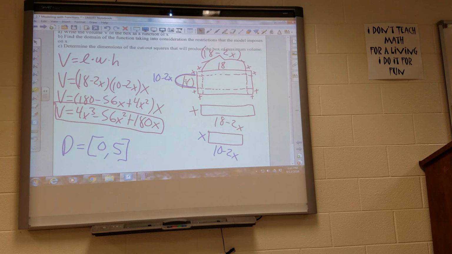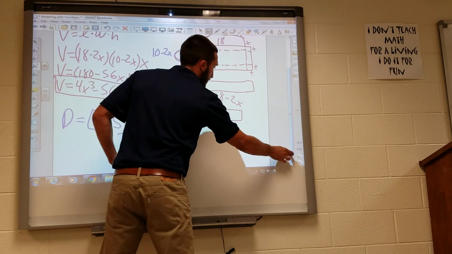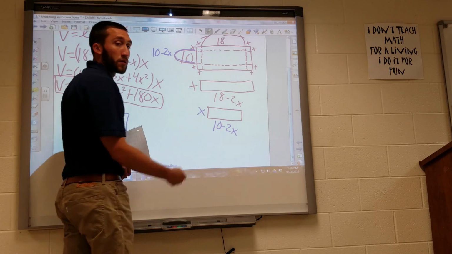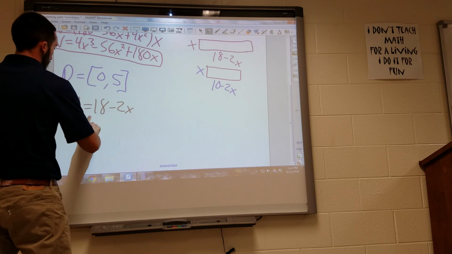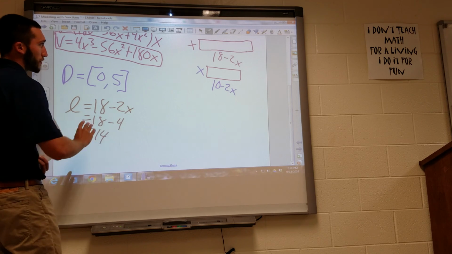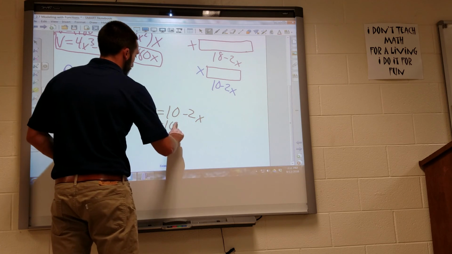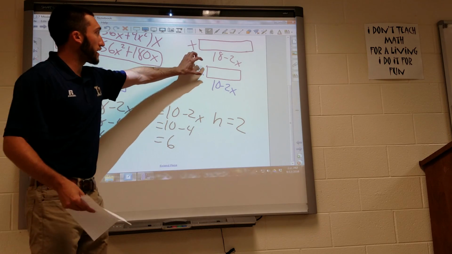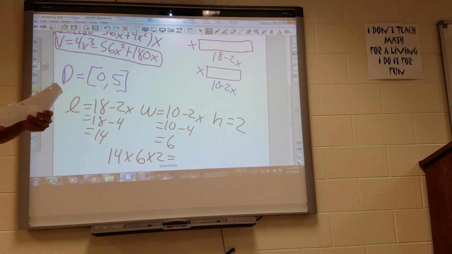So if I find the dimensions with an x value of 2, the dimensions of my box, if I plug 2 in for x, right, the graph showed us that an x value of 2 yields the maximum volume. So if I plug that in, that means my length is equal to 18 minus 2x, which is equal to 14. So the length of my box will be 14 inches. The width is equal to 10 minus 2x, or 10 minus 4. So the width is going to be 6. And then my height is going to be x, right? My height is x. So if I take 14 times 6 times 2, that gives me 168,